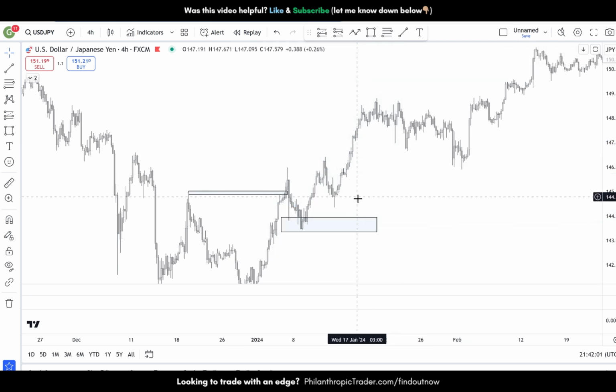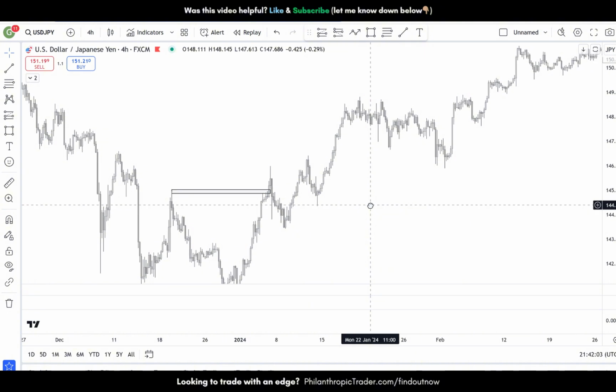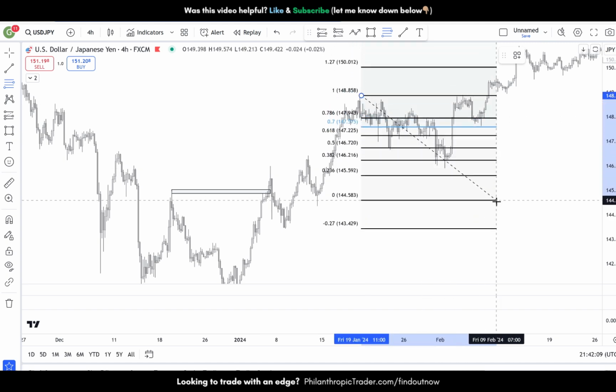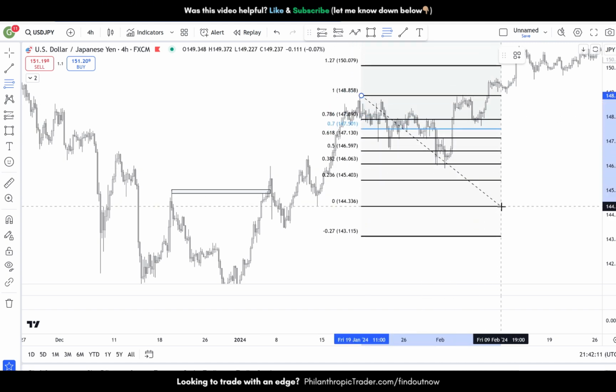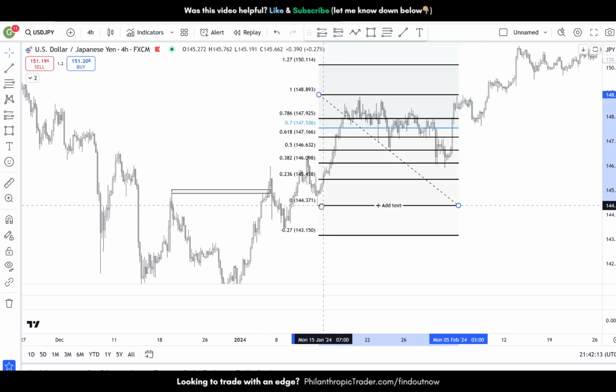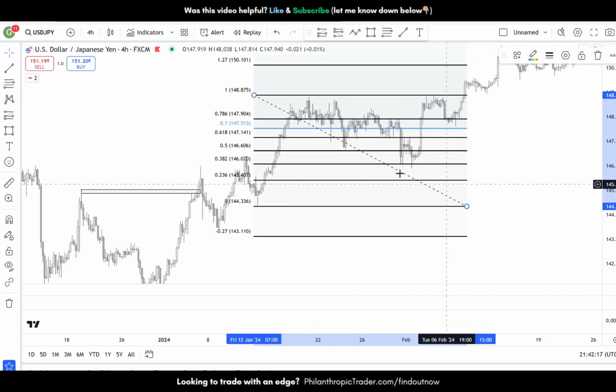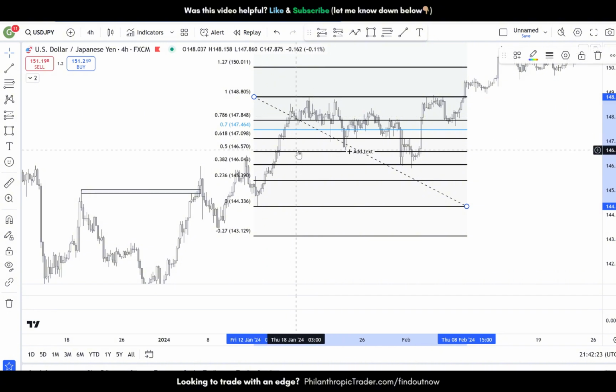Let me show you one other example. Here, this is a high, and this here is the low. So again, here you can see it clearly. This was the latest low, this was the latest high. Adjust it a little bit. This was the latest low, this was the latest high. Price comes down,